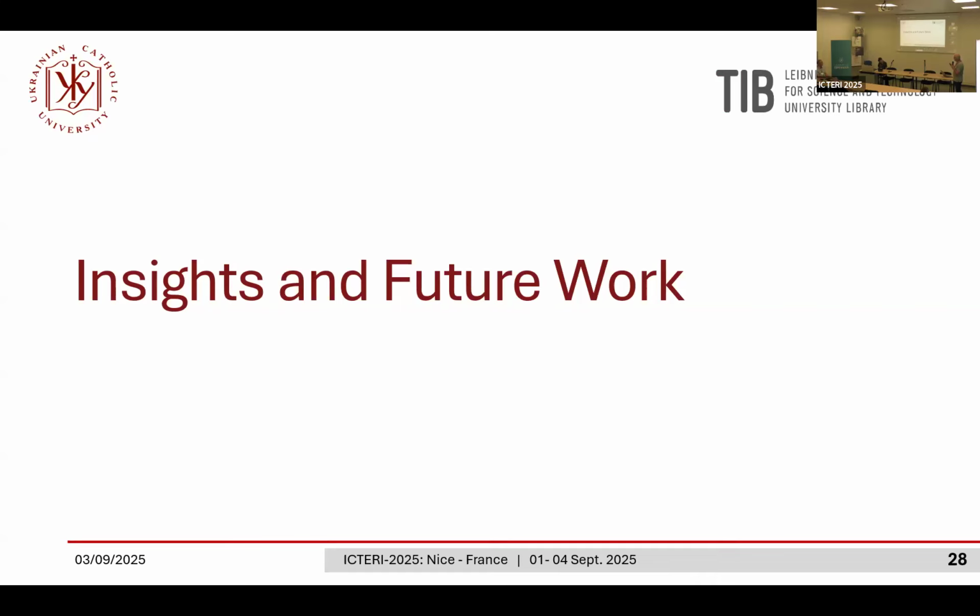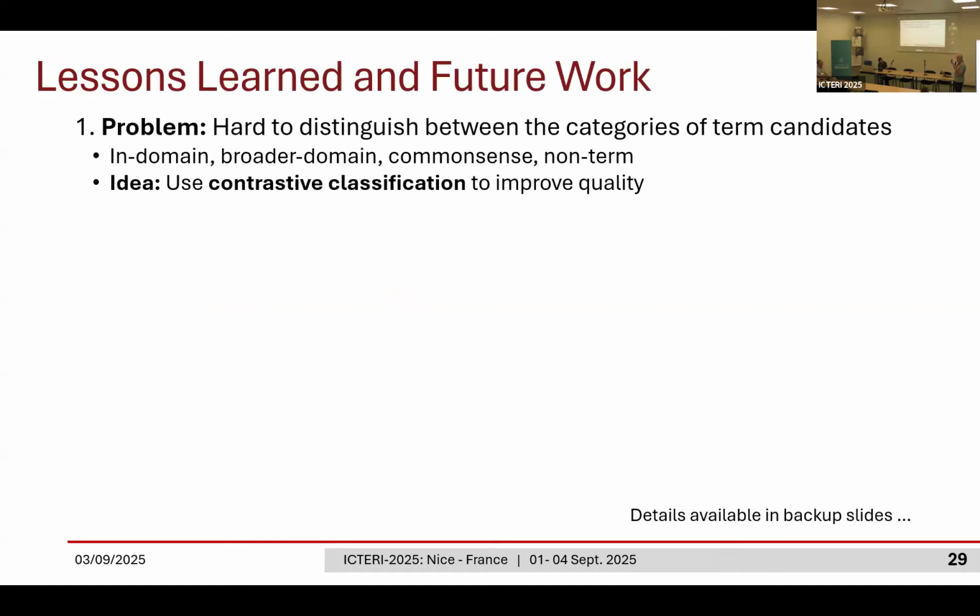Some insights, just the outlines. I have some backup slides for those who are interested in details. So the problem was that it was hard to distinguish between the categories of term candidates in terms of their span and in terms of their relevance. Was it an in-domain term? Was it a broader domain term? Was it a common sense term? Was it a non-term? And this is the main difference, by the way, between the OTRT label and ACTER label, because they were focusing on in-domain terms. In OTRT, we marked up all the terms